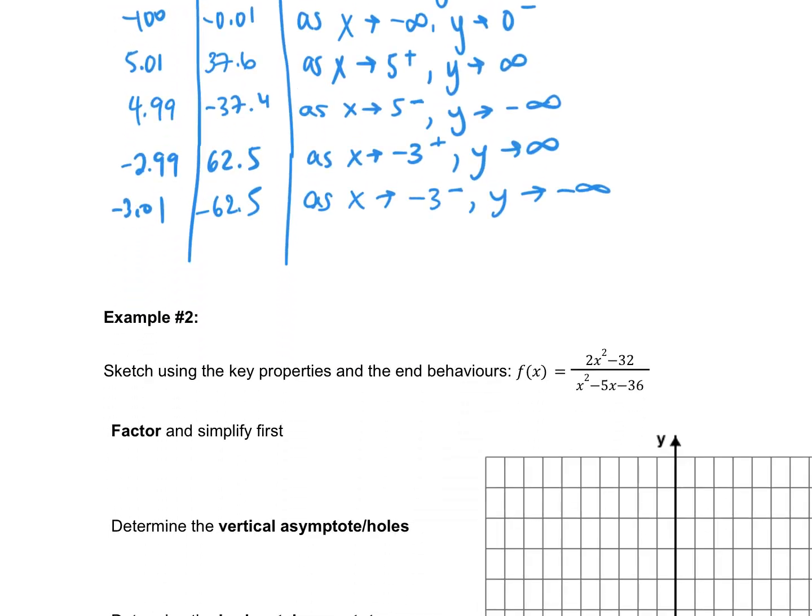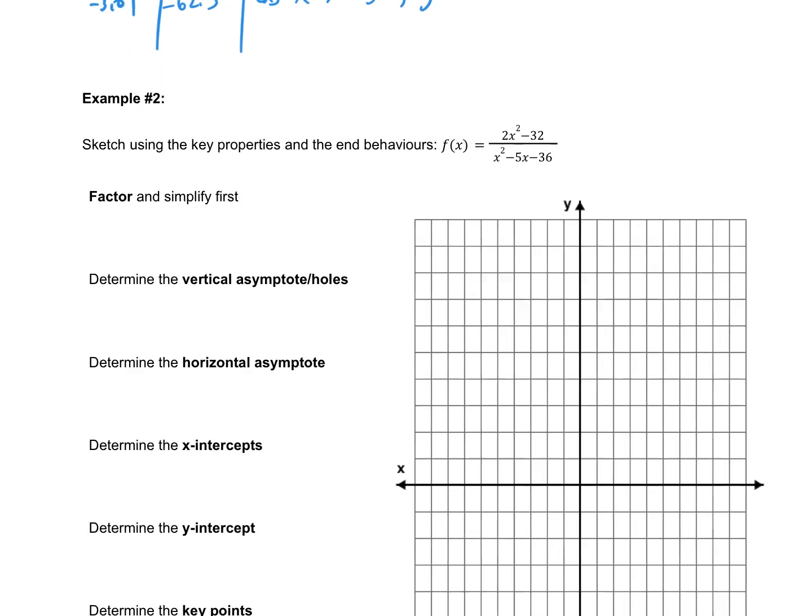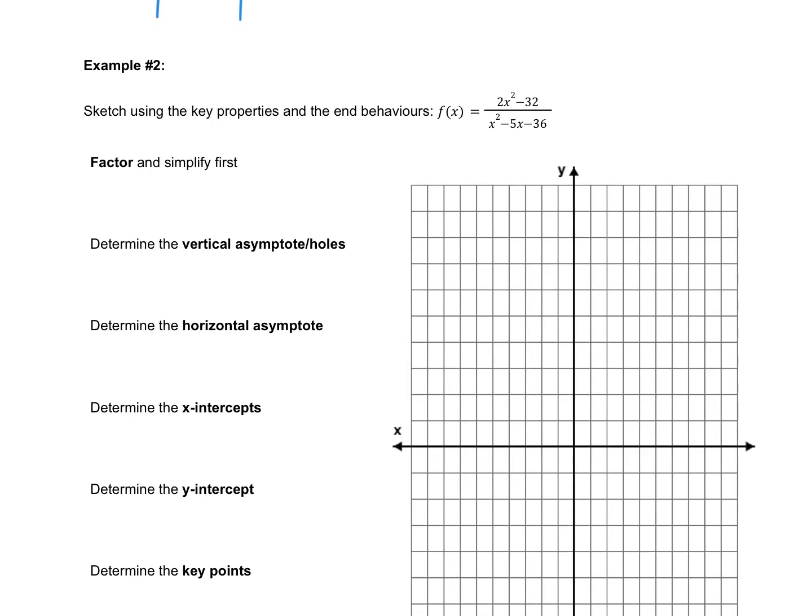So let's try another example. We're gonna graph f of x. There's more factoring to be done on this one, so let's give it a try. f of x equals, we have a common factor of 2. So I'm just going to make a little note here. When I factor out the 2, I'm left with x squared minus 16. So it's not just a GCF, we also have a difference of squares here. So there's my GCF, and when I factor my difference of squares, that's going to be x plus 4, x